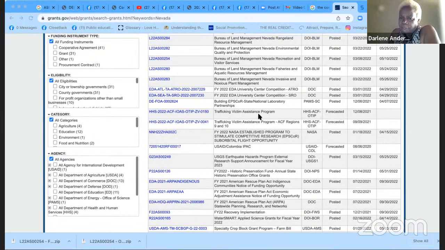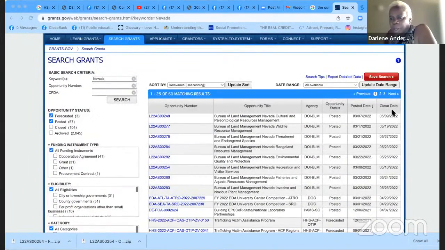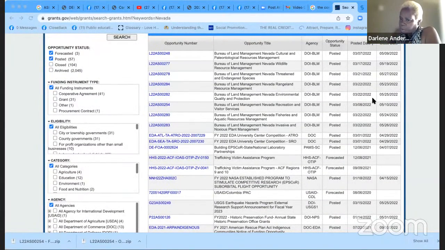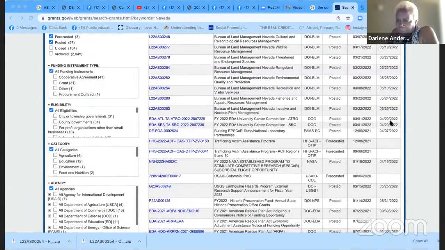Look, Trafficking Victims Assistance Program. That was a grant that was forecasted in December of 2021. But look, what is this one? They have the closing dates, and a lot of these are not closed yet. You see, they're just brand new grants, and people are busy writing these grants. And